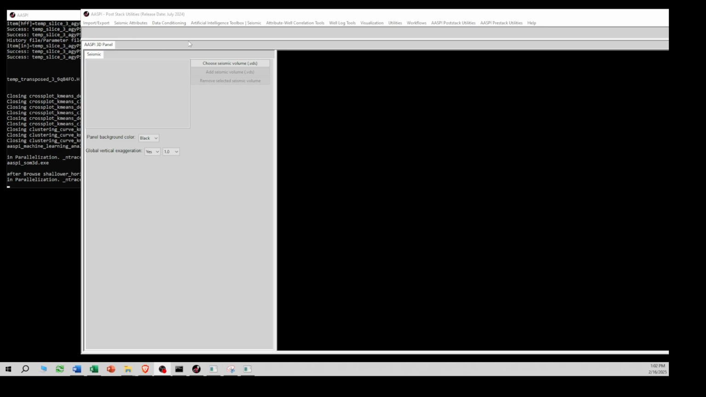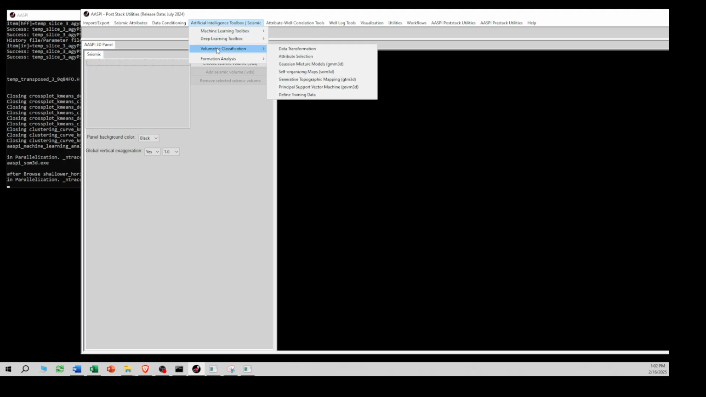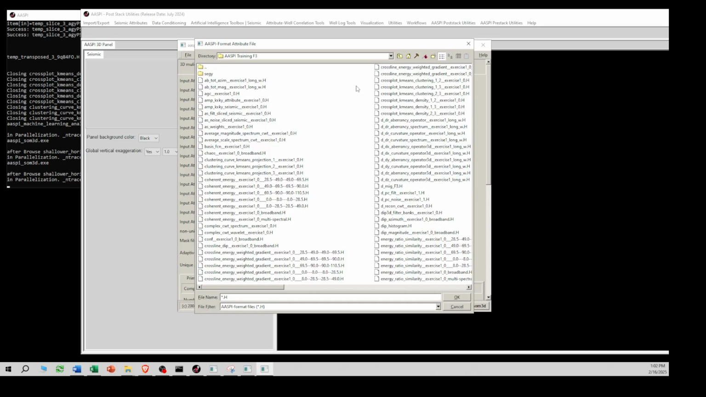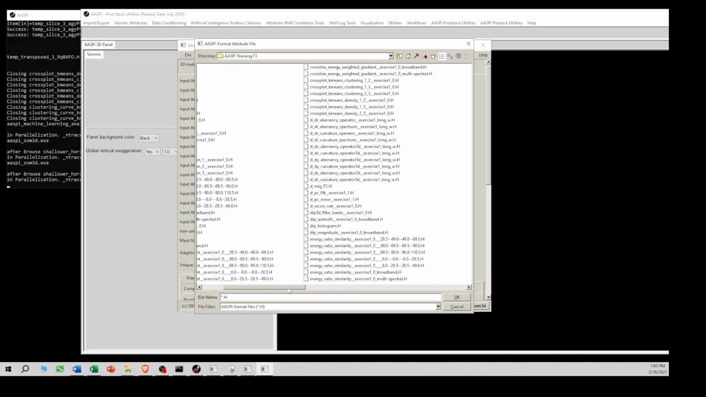Okay, so now let's try another machine learning method. So we're going to go into our artificial intelligence toolbox. This time we're going to go to volumetric classification and self-organizing maps. And so with self-organizing maps, what we have to do first is we have to select the attributes that we